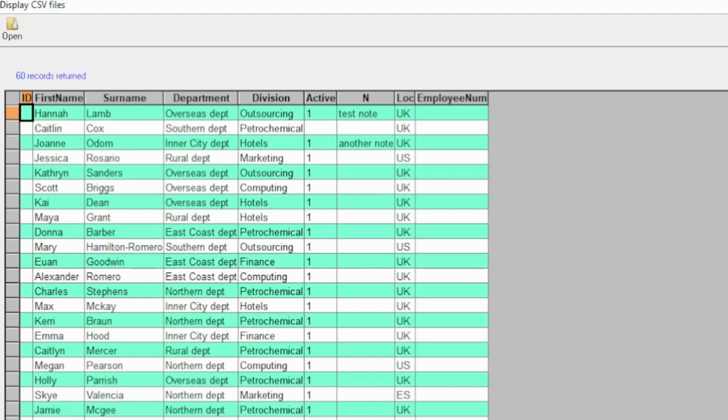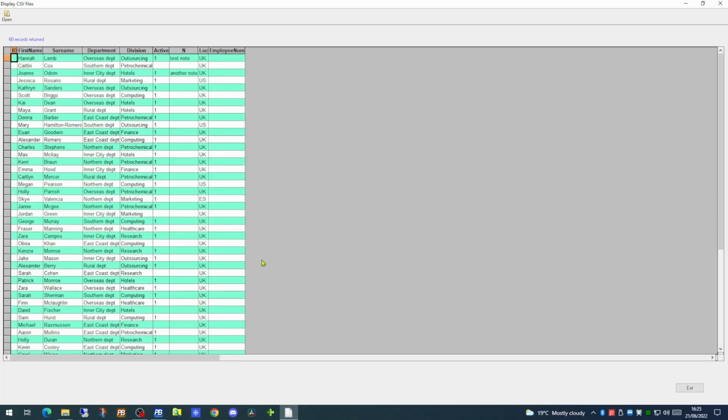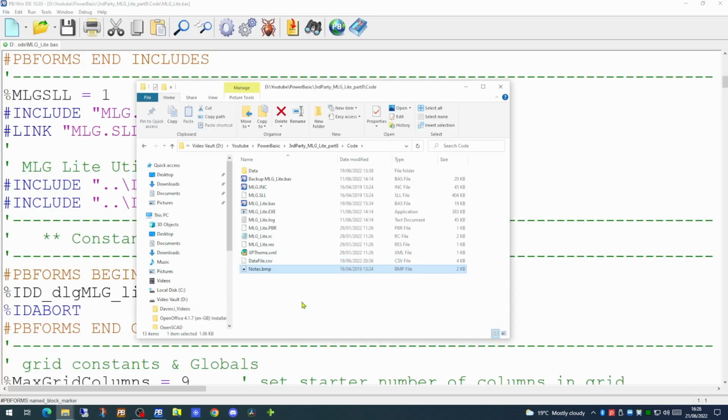Two of the users at the top of our user list have notes against them, and we want something displayed on the grid to indicate what these notes are. You may want to store notes which are several sentences long, and this would take up room on the grid. So what we're going to do is display a small image in a column to indicate that there is or isn't a note against that particular user. So we're also going to copy in a small bitmap. This bitmap is what we're going to use to populate the column inside our MyLittleGrid.